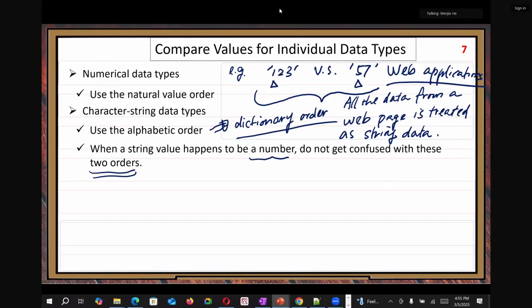Whatever it is, it is treated as string data when you collect it from a web page. Even numbers, whatever those numbers are. So that's the basic rule. Because when you send the data, all the data is treated as string data. At the receiving side, after you receive the data,